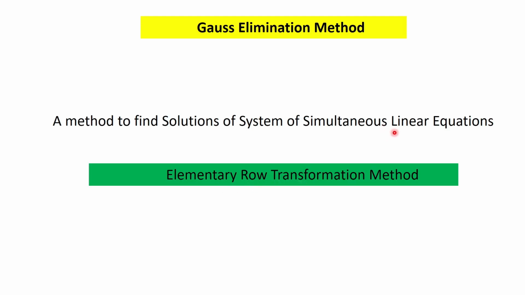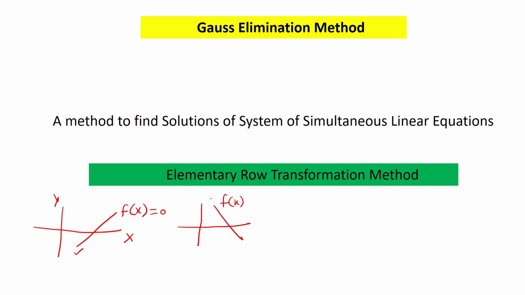Here we should know what linear equations are. In simple terms, linear equations are those equations which, when drawn graphically, form a straight line. For example, this function f(x) is showing a linear equation because this line is a straight line. In a similar manner, this f(x) is also showing a linear equation. For example, x + 2y = 0. This equation, when shown graphically, will draw a straight line on the graph.